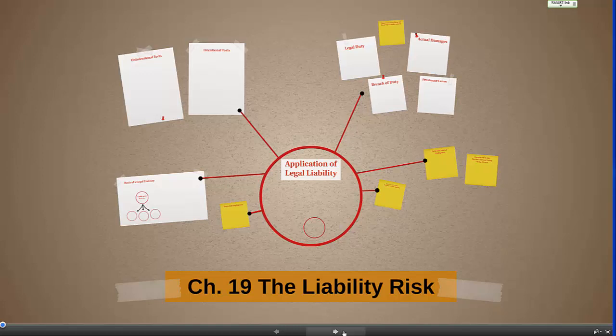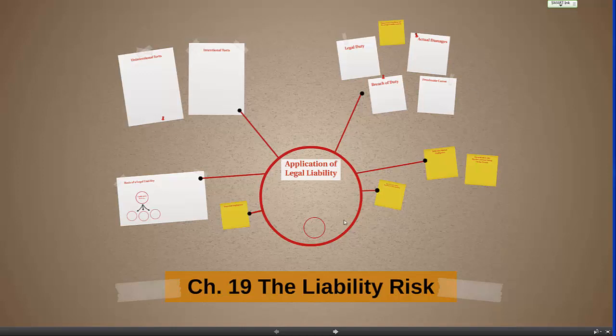In this video, we're going to be discussing the liability risk. This is primarily from Chapter 19 of the Rada-McNamara text. We're going to start with a look at the basis of a legal liability, then we'll talk a little more about unintentional and intentional torts, then we'll look at the elements of a negligent act for a legal liability to